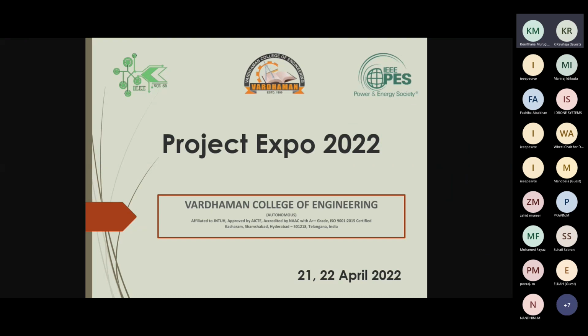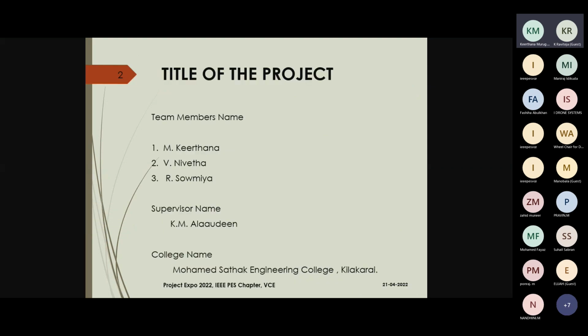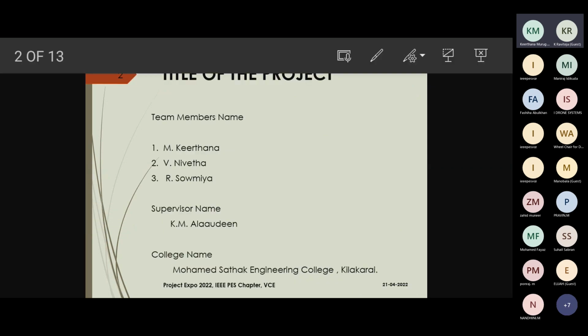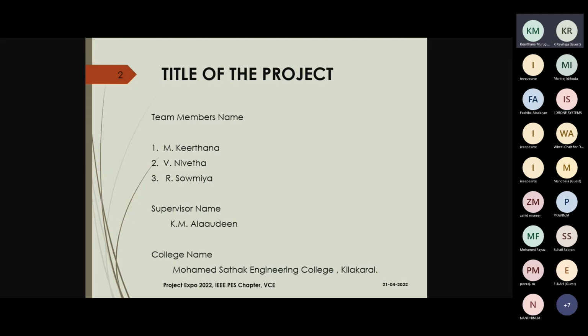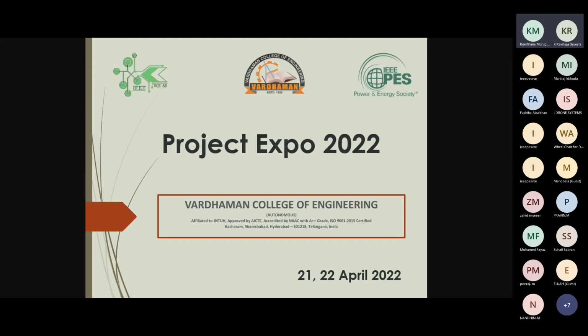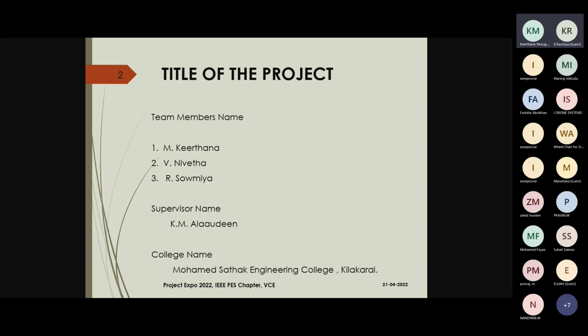A very pleasant good morning to everyone present here. Today we are here for an IEEE project presentation. Before getting into my presentation, let me thank Vardhaman College of Engineering for giving us this wonderful opportunity. I would also like to thank my supervisor who trained me for this and all the participants who have helped me here. My project is about a mobile delivery robot, a mixed reality based simulation relying on ROS and Unity